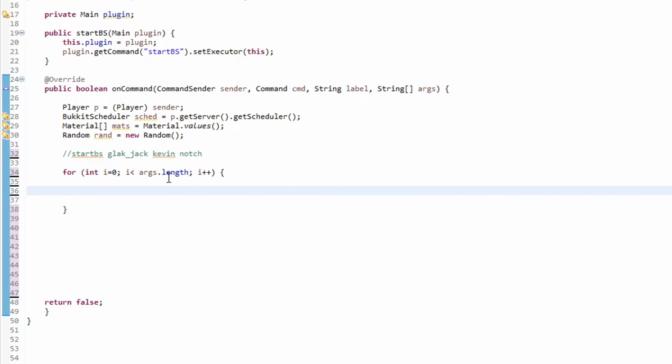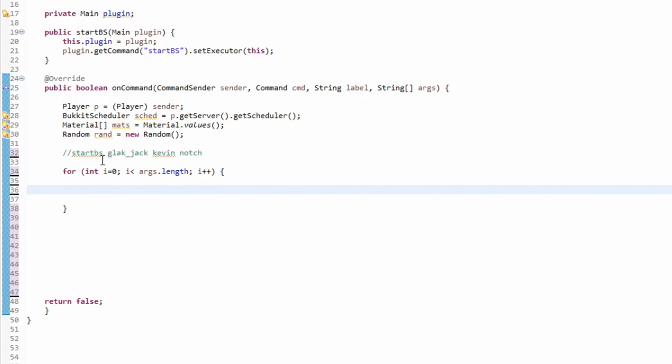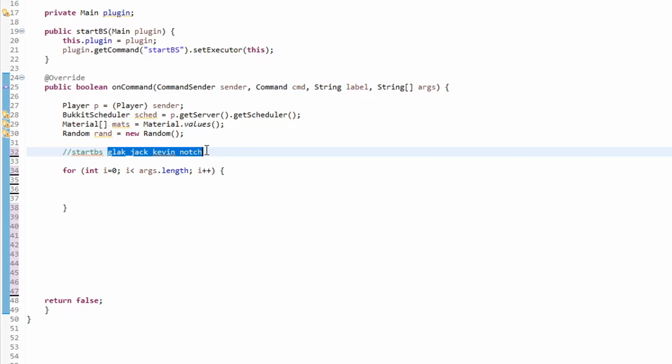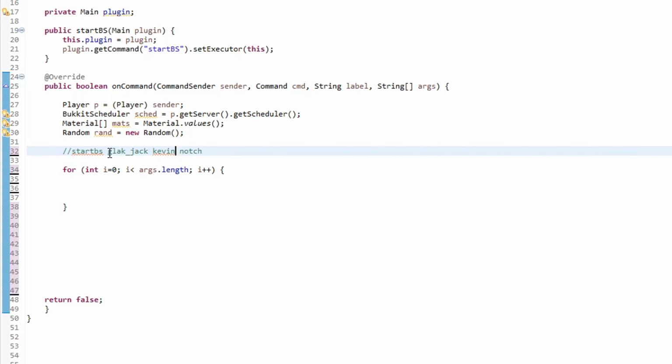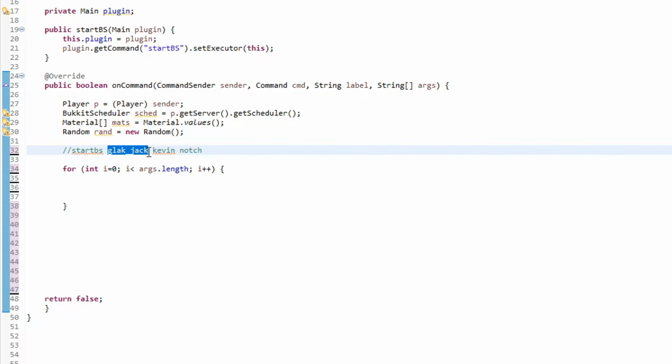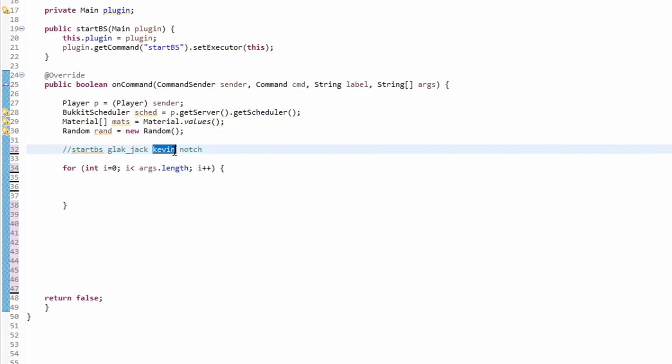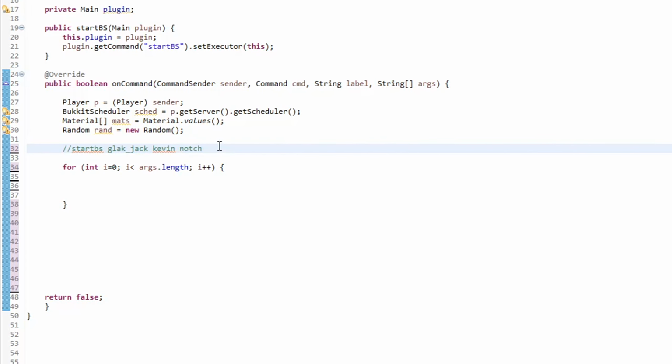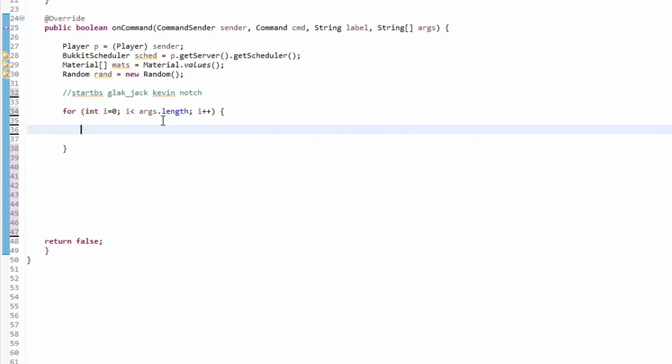So what this is doing is we have our args, which is an array of all these values. So args0 would be this value, my name, args1 would be this value, and args2 is that value. We can add all of these players to our hash map that we have from before. So when we do that, we do